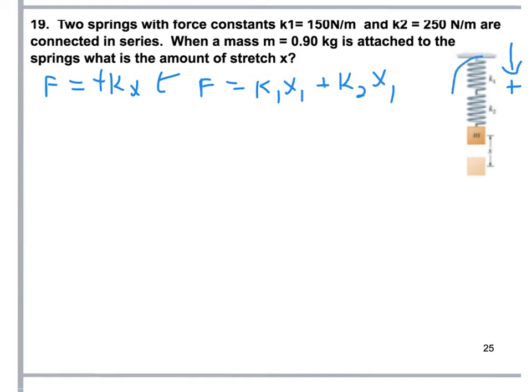So that's because these are going to act like a system. They're both going to contribute. They're both going to get stretched when you put this mass on, and it's going to result in one displacement of that block. So we're looking at what is the amount of the stretch as measured by the position of the block. And it's going from midpoint of the block to midpoint. So it's really that displacement of the block. So when we look at it that way, what we can do now is